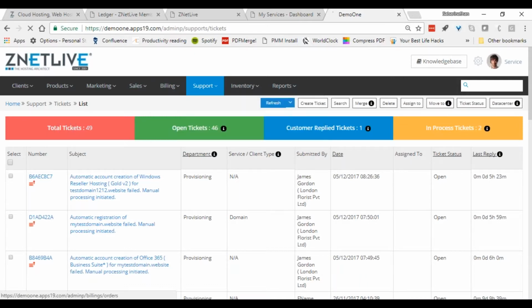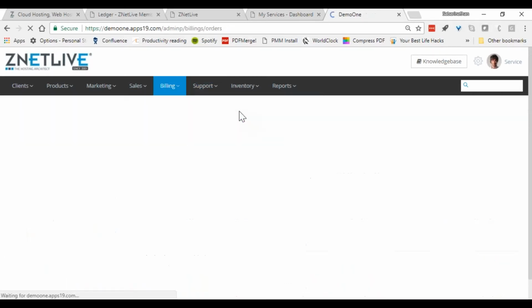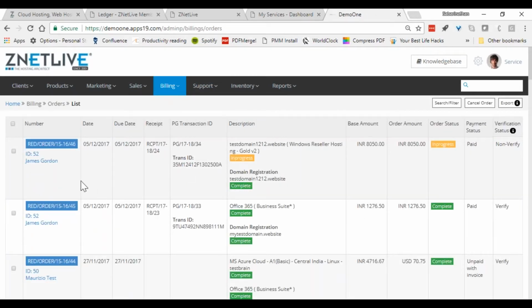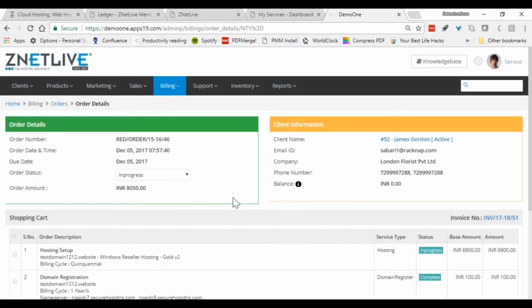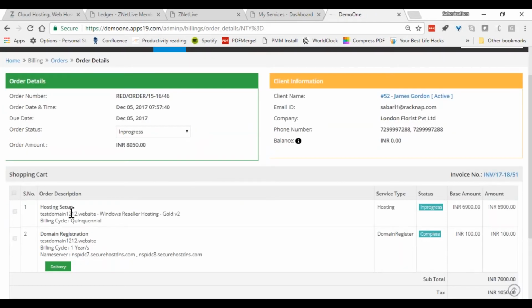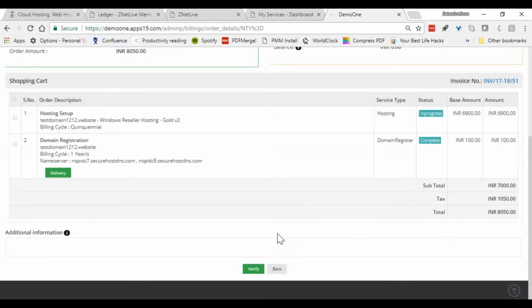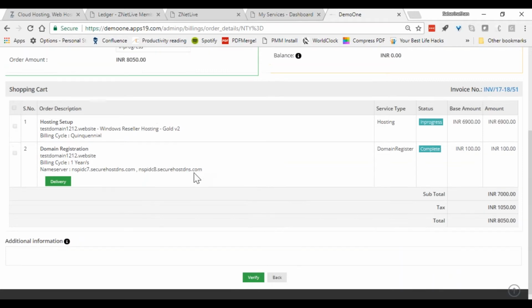And then you can look at billing. All the orders which the customer has placed appear in one place for you here. So if you want to open one order, this is the customer who has placed an order for this particular product, this particular domain, and this one shows whether it's completed or in progress, etc. And you can also impose some additional validation checks, institution verification, etc., all in here as well.